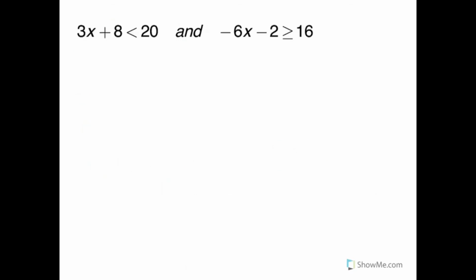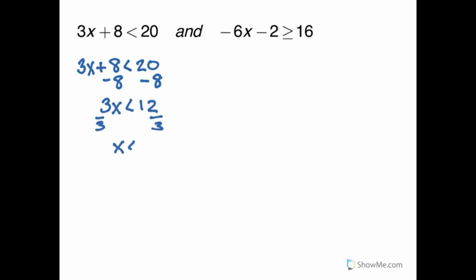Here are two inequalities combined with AND. We'll solve each separately. To solve 3x plus 8 is less than 20, we're going to subtract 8 from each side, which will give us 3x is less than 12. Now we divide each side by 3, and we end up with x is less than 12 divided by 3, which is 4. To solve the second inequality, negative 6x minus 2 is greater than or equal to 16,